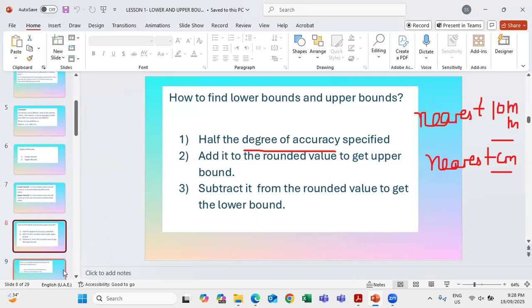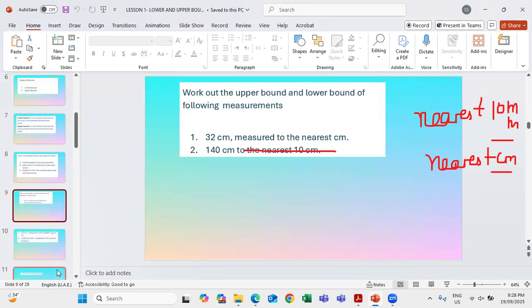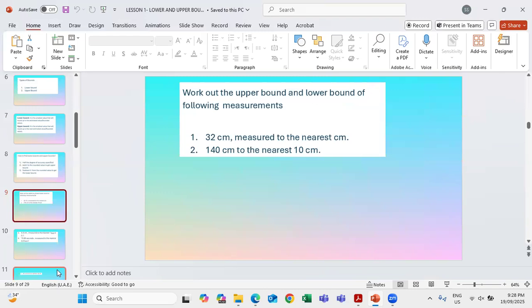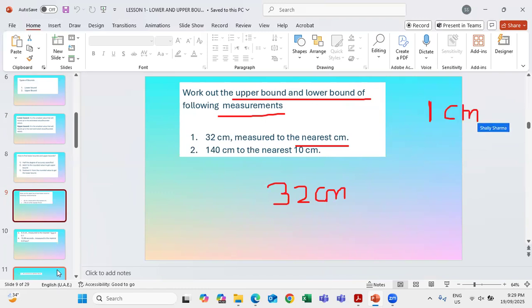Let's apply these rules to perform some calculations here. So we have the question, work out the upper bound and lower bound of the following measurements. We have 32 centimeters. This is my estimated value. I have to measure it to the nearest centimeter. That is my limit of accuracy. So nearest centimeter means nearest 1 centimeter. So I will half this value of 1. So it will be